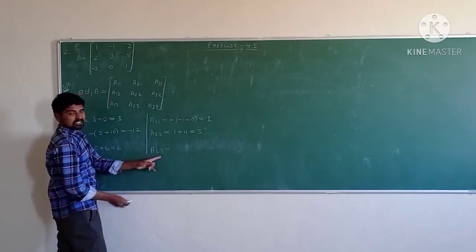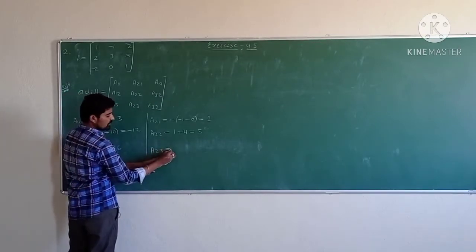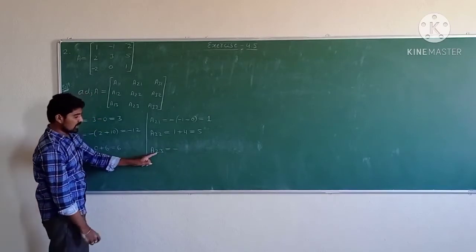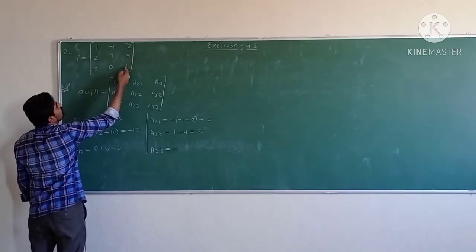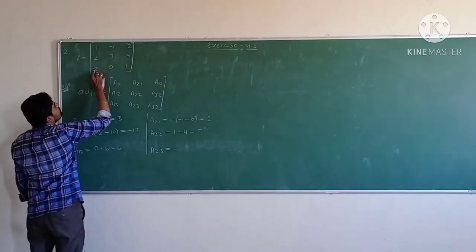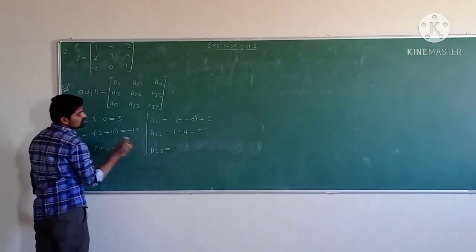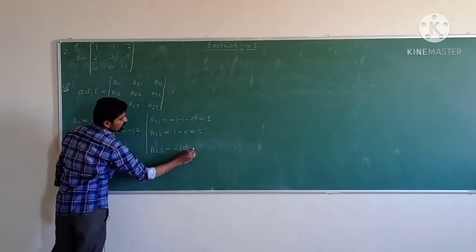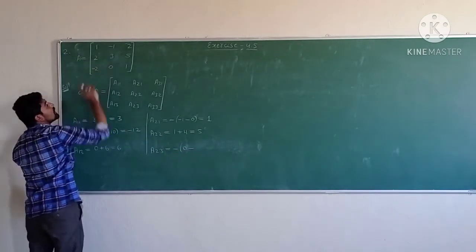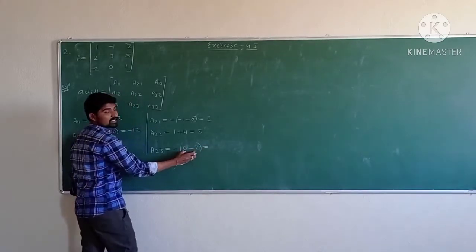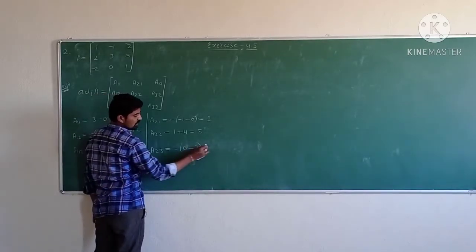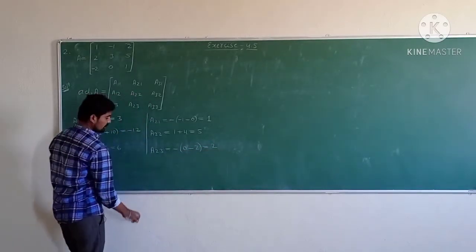So 2 plus 3 is odd, therefore multiply by minus, and A23 is obtained by deleting the second row third column. Second row third column. Remaining elements 1, minus 1, minus 2, 0. 1 into 0 is 0, minus 2 into minus 1, minus into minus is plus. And next